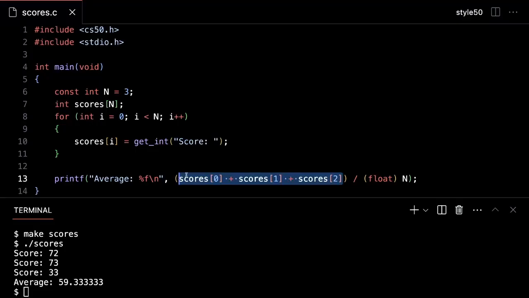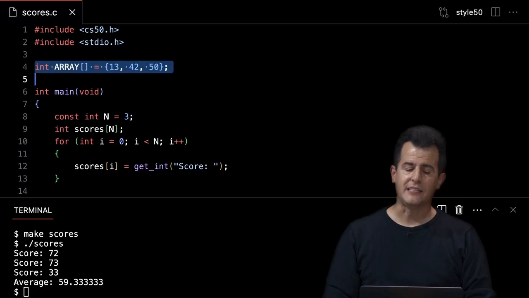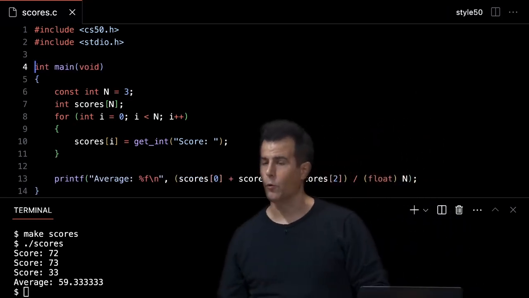A really good question. Is there any way to create an array just by using syntax alone without prompting the human for it? Short answer, yes. If you want to have an array of integers called, for instance, array, you could actually do like 13, 42, 50, something like this. If you use this syntax, this would give you an array of size 3, where the 3 values by default are 13, 42, and 50. It's not syntax we'll use for now, but there is syntax like that. It's not quite as user-friendly, though, as other languages if you've indeed programmed before.